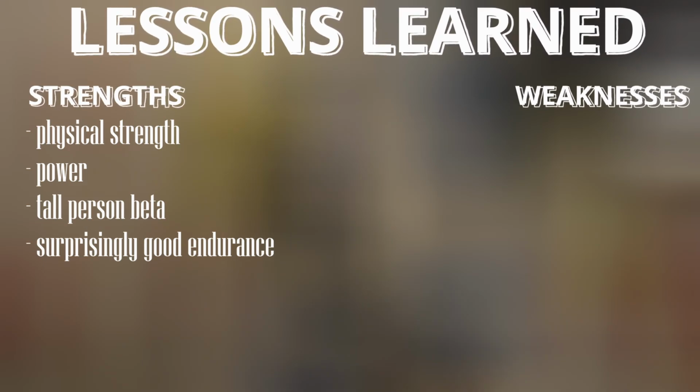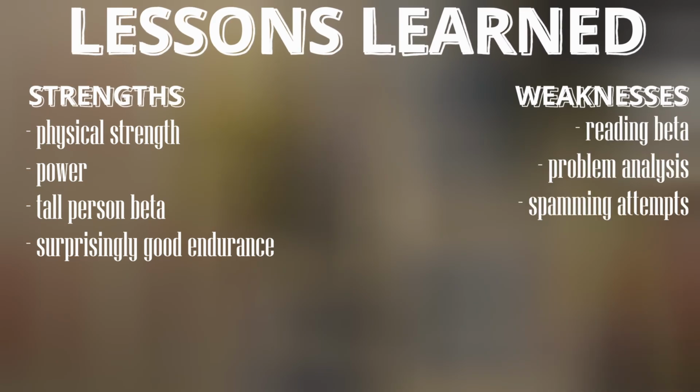For weaknesses, obviously I need to get better at reading beta and analyzing the problems from the ground as well as on the wall. A lot of these moves I could have easily done if I actually figured them out. I also spammed attempt when I didn't get something, which took away from my final score. But ultimately, this was a good learning experience. I can now actually capitalize off of my strengths and work on my weaknesses, which will help me in any future